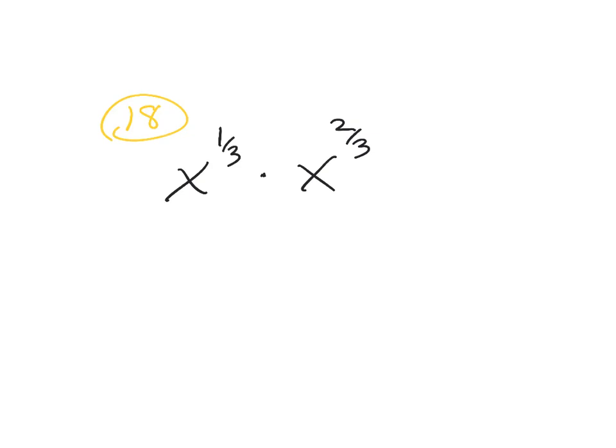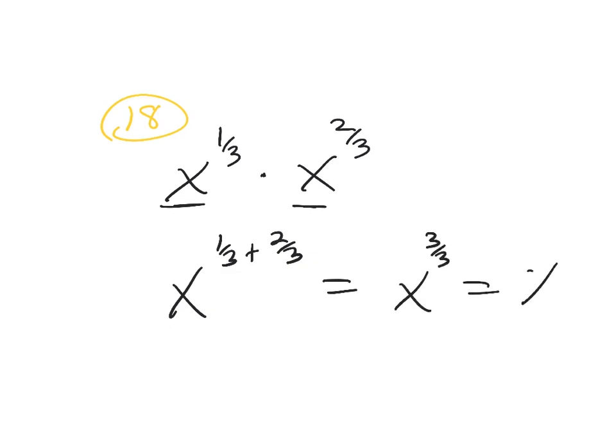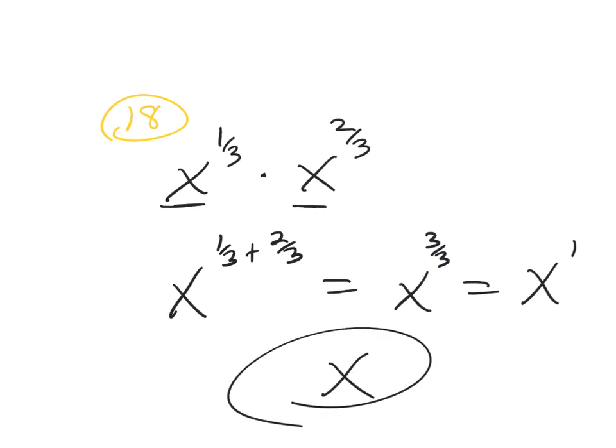Okay, so remember again, when you have the same base, you're going to take those exponents and add them. So 1/3 plus 2/3 gives me 3 over 3. 3 over 3 is 1 whole, so my answer is just x. And the last one,